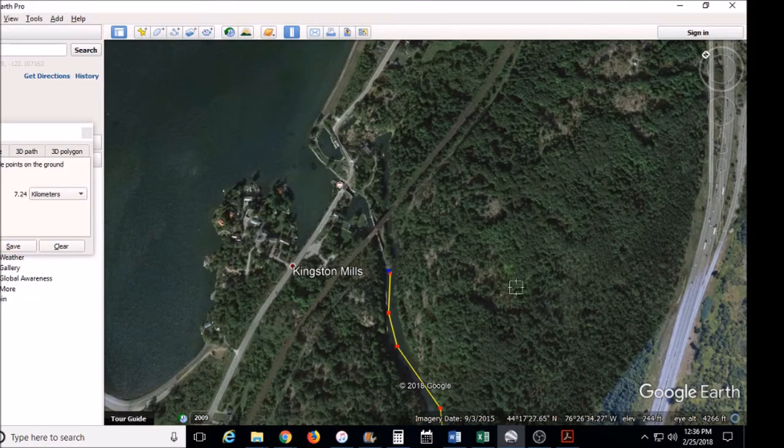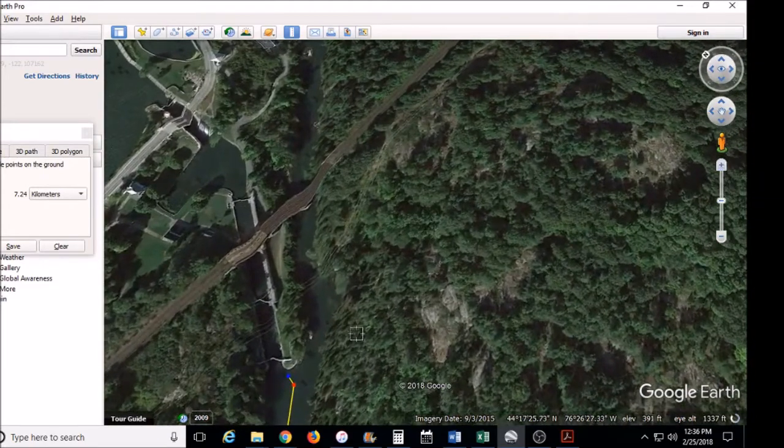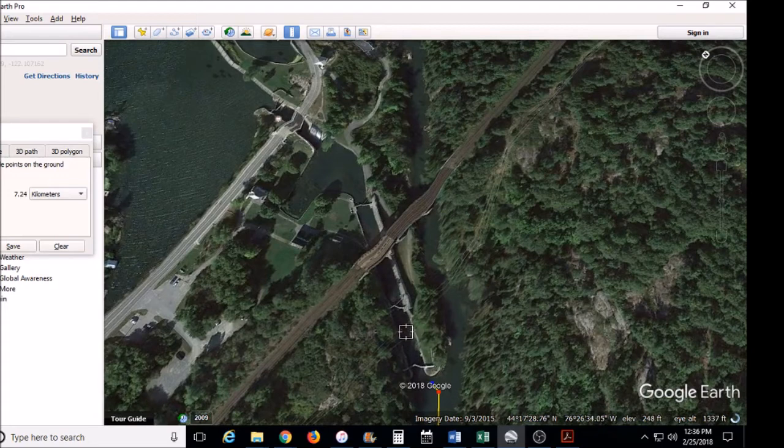The other nice thing is with Google Earth, I could now zoom in on this location, and I could get a good look at the lock system. I can see that there's 1, 2, 3, 4 sets of locks that I have to go through, and I have to be aware of that for my timing, because that does take time. Takes time to get through, depending on the traffic. Could delay you by an hour, hour and a half, 2 hours. You don't know. Anyways, I will close that down